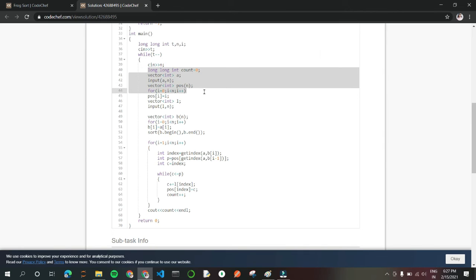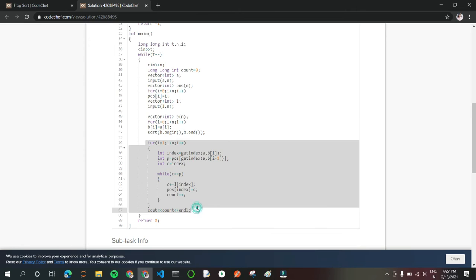I have taken a vector of positions, then I have sorted it in this order, and then I have made one loop and calculated, calling the get index function and storing the index in these positions.